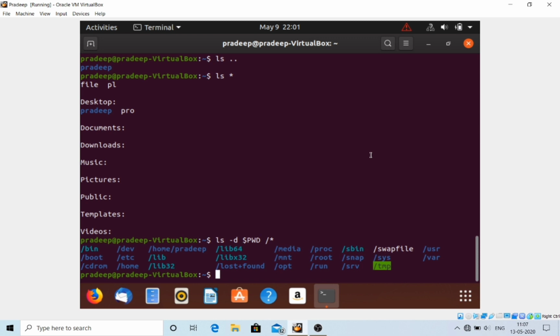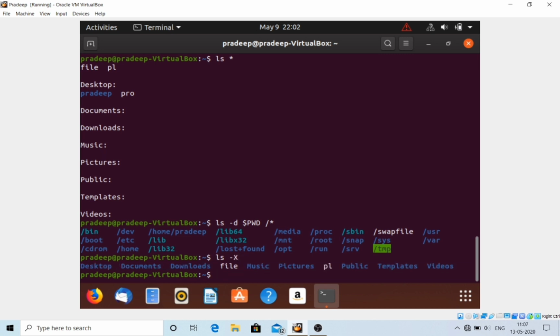The last command but not the least: if you want to sort the files or directories by extension name, you have to use the command ls space dash capital X. The extension name is not shown here, but it is in alphabetical order.